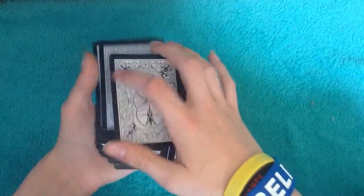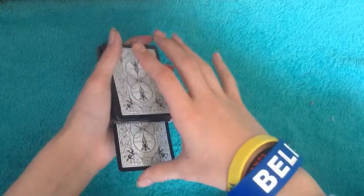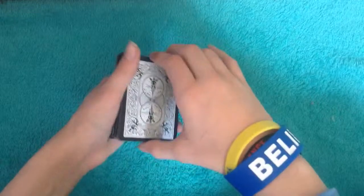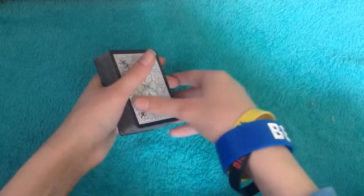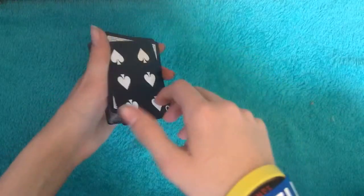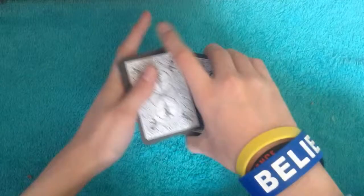Or you do whatever control is good for you. You can do whatever control you want. The control I did, in case you were wondering, was I pulled down on the top card, or the bottom card, and I showed the 6, or the selection, and then I did a swing cut,